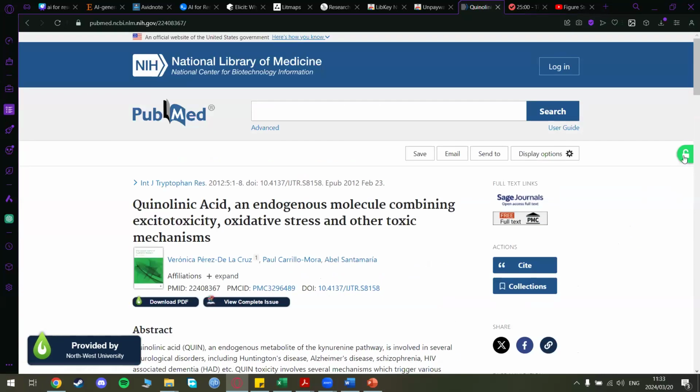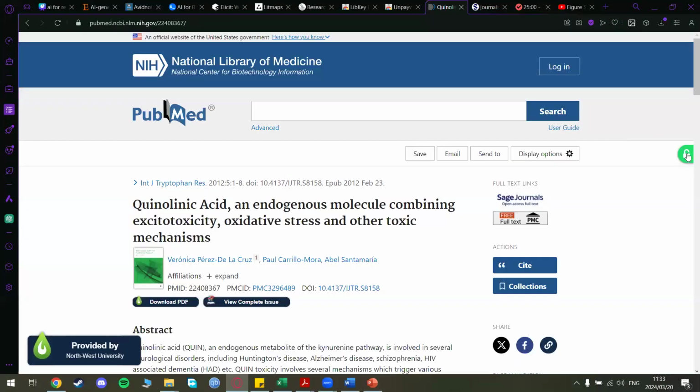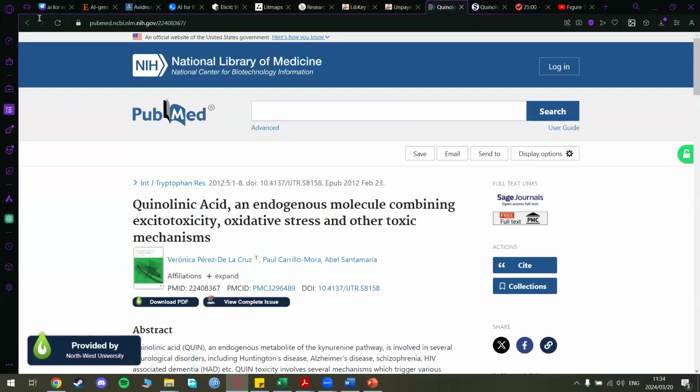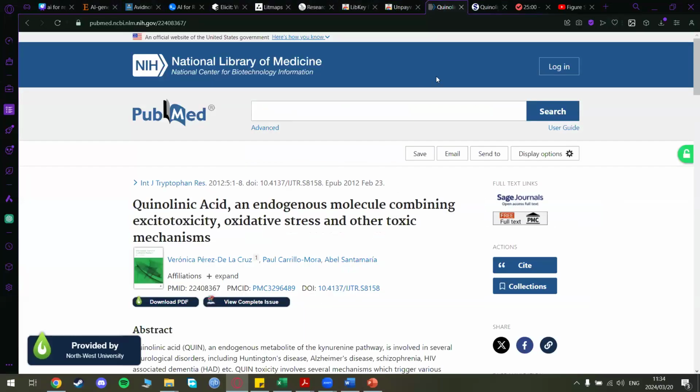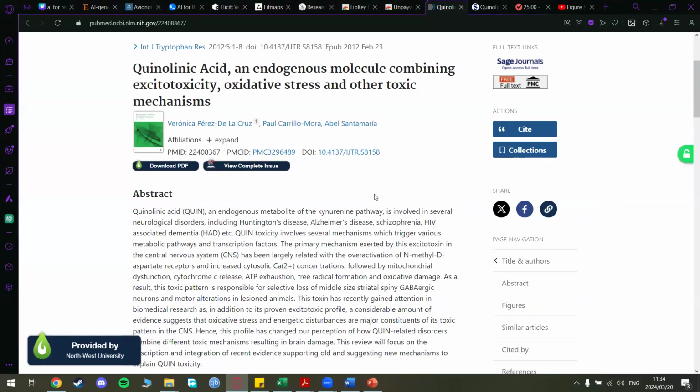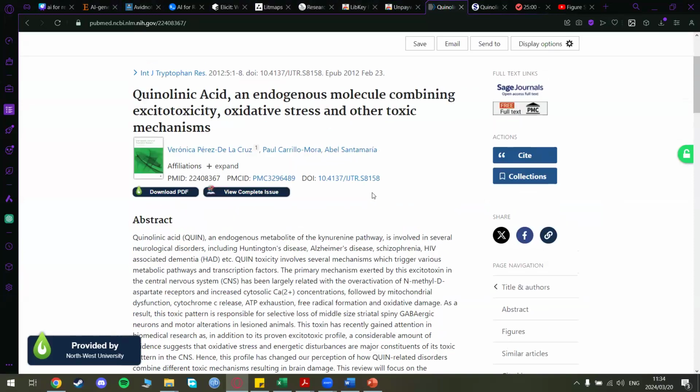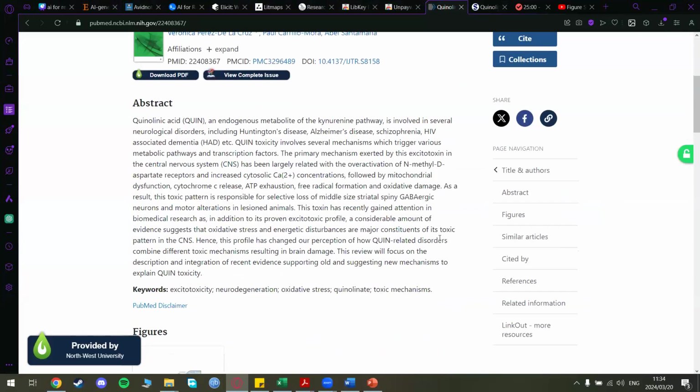And then Unpaywall is this one at the side. This is an open access article, but if it wasn't, you can just click the little lock and it'll take you to a page where you can download the article. Sometimes it'll show you much more easily whether it is an open access article or not, because sometimes it's quite confusing.